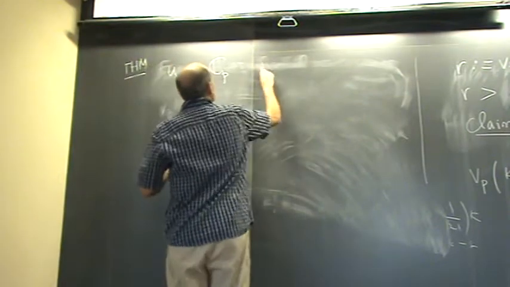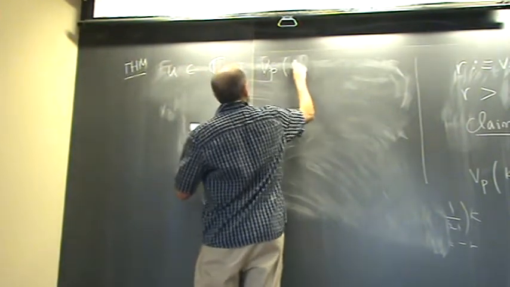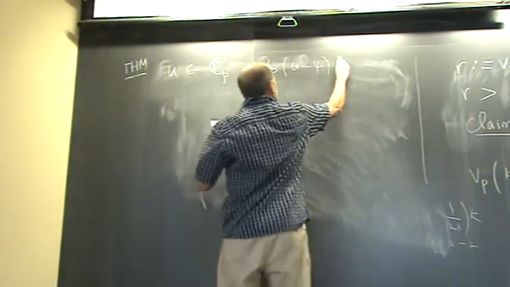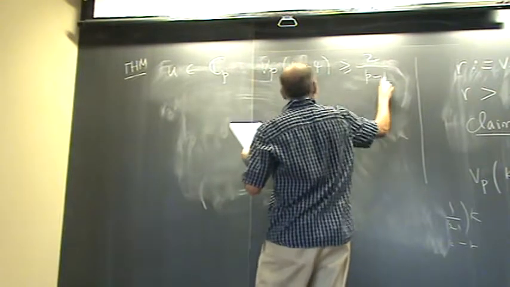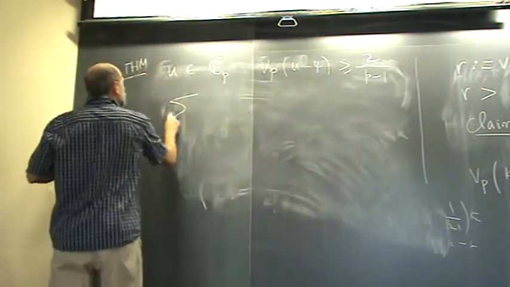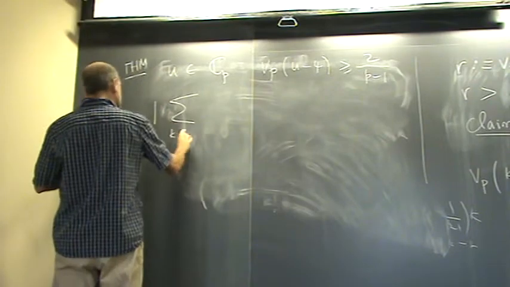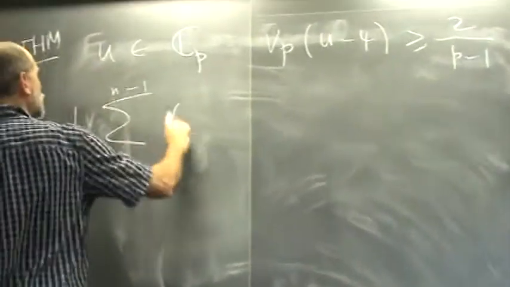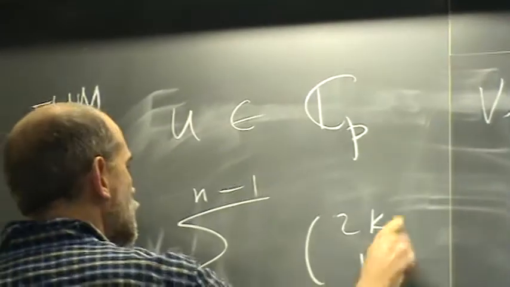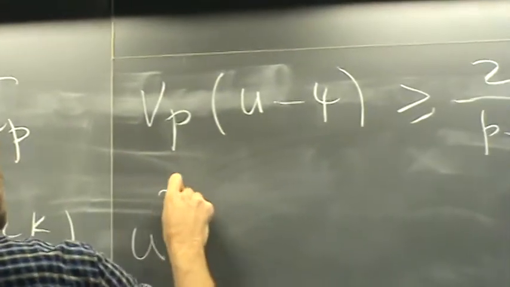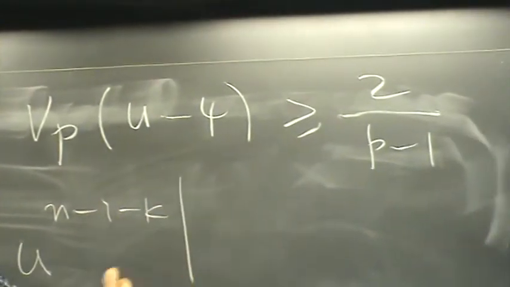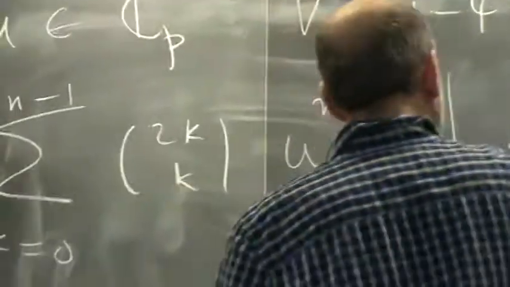We take a u in C_p such that the valuation of u minus 4 is at least 2 over p minus 1, then we get that the size of the sum for k equals 0 to n minus 1 of 2k choose k times (n minus 1 minus k) is